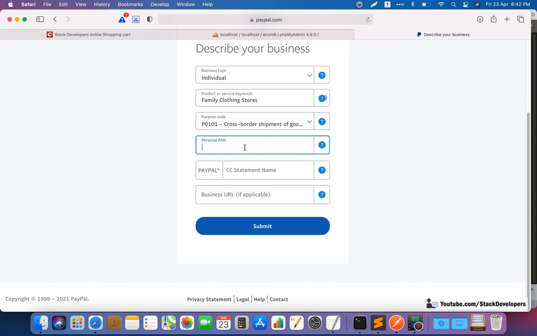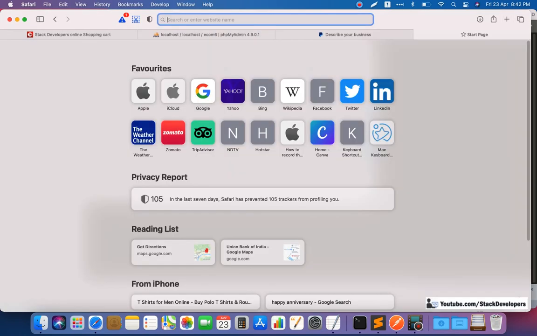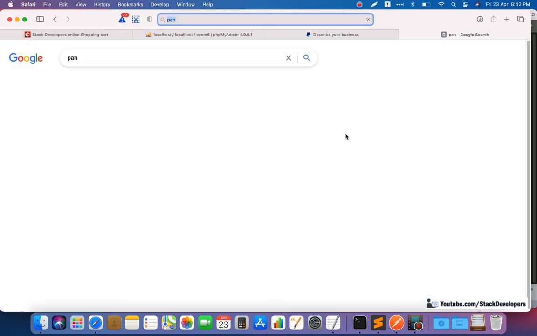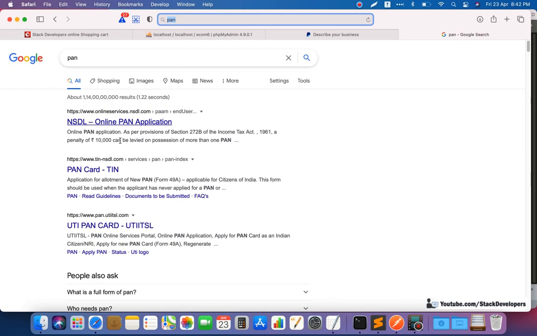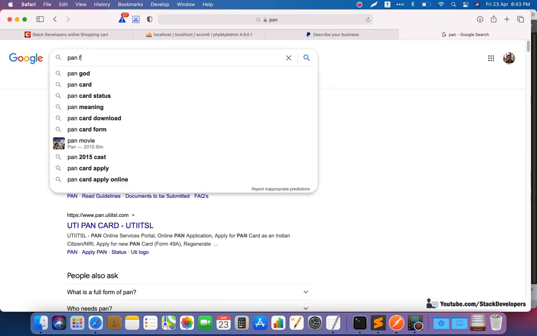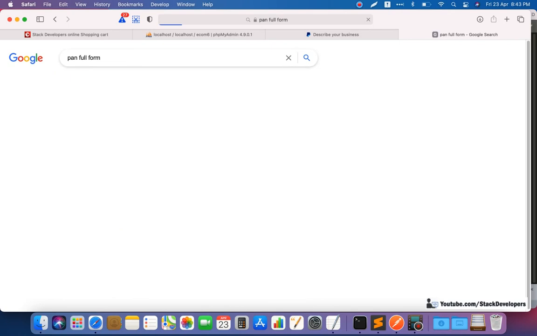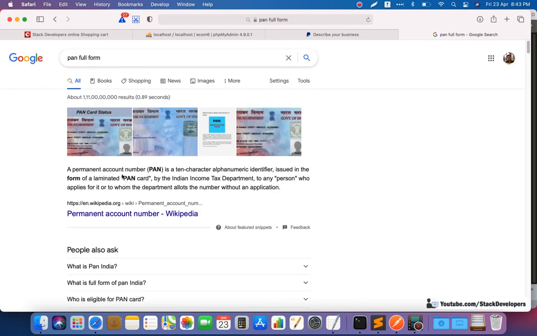Okay, if you are an individual, or if you are having some company, PAN is always there. What is the full form of PAN? Oh, I can forget this full form. It is the permanent account number.